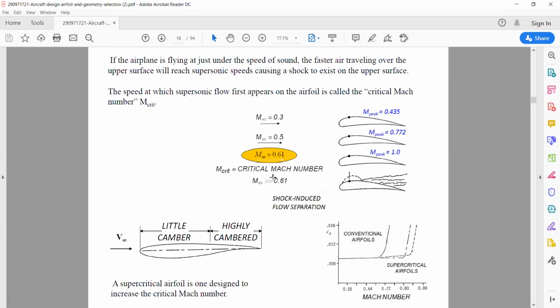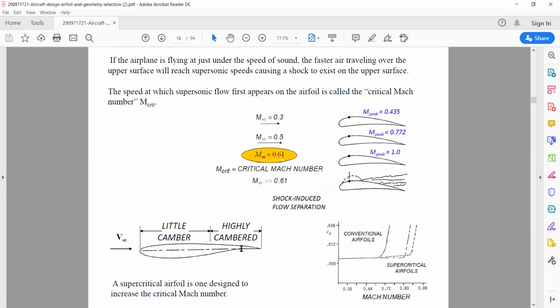In the supercritical airfoils, such type of airfoils are called supercritical airfoils, we have a concavity on the lower side and a little flat region on the upper side, where flow separation does not occur that easily, and it can give a good lift. We can also go for a higher speed, so we mostly use supercritical airfoils. The boundary layer separation will not occur that easily. It reattaches. That is called attached flow.